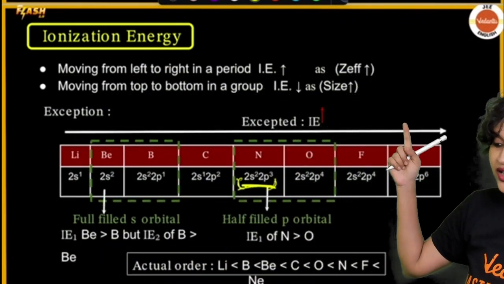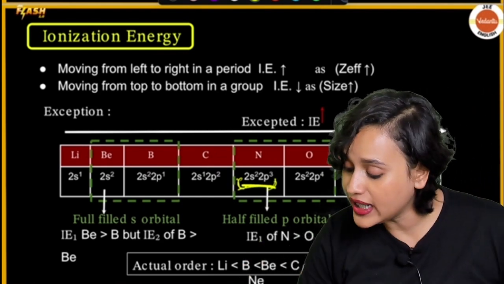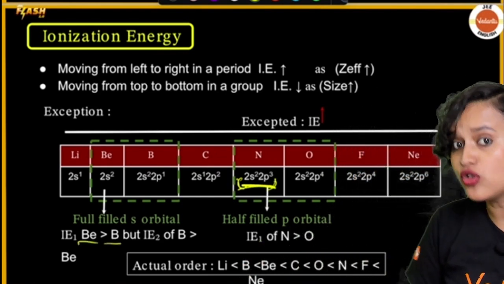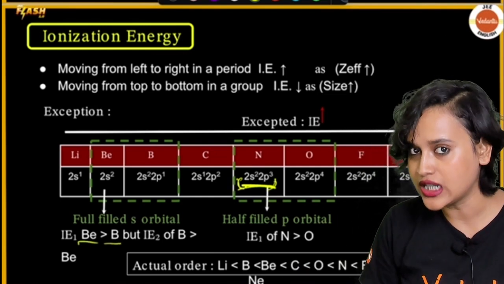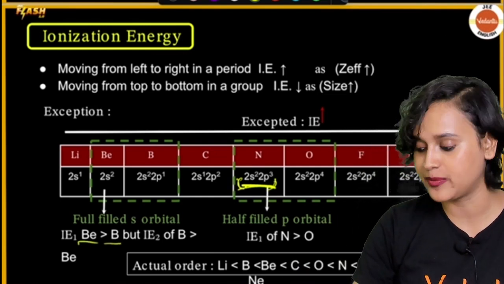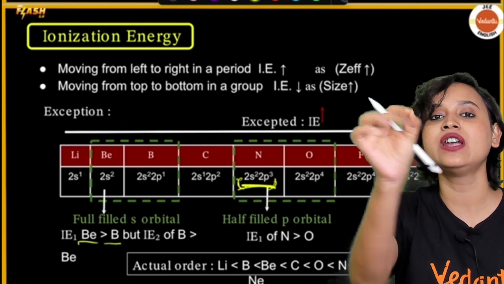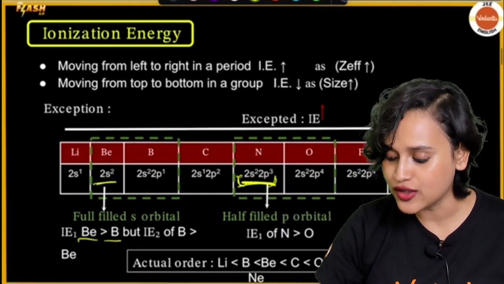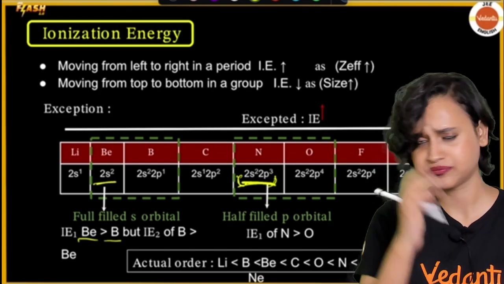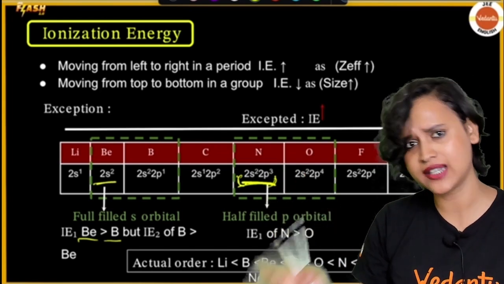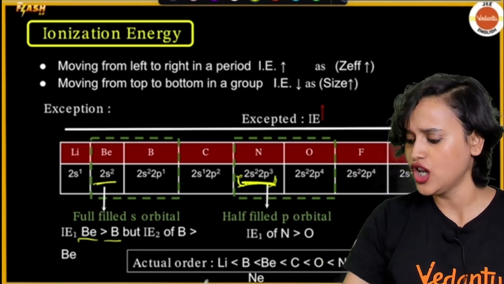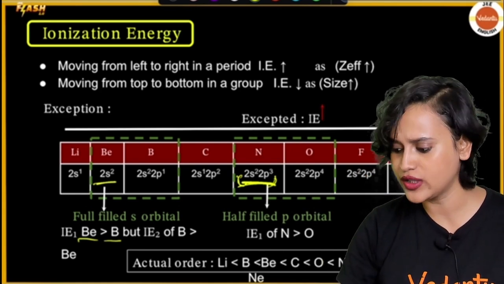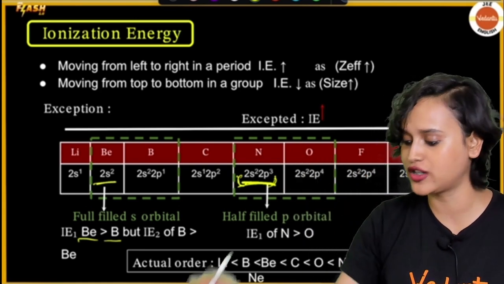the ionization energy increases. In case of beryllium and boron also you see the same. Boron has a lower ionization enthalpy than beryllium. Why so? Because beryllium has a fully filled s orbital, that is ns2. It has 2s2 electronic configuration. It is fully filled, because s orbital can hold only 2 electrons, so more stability, it will not want to give away electron, and hence